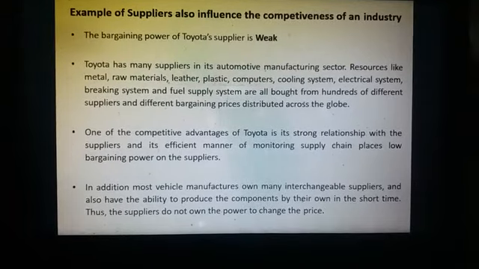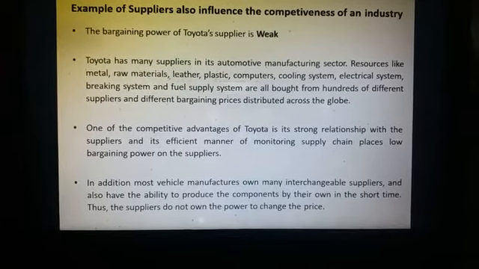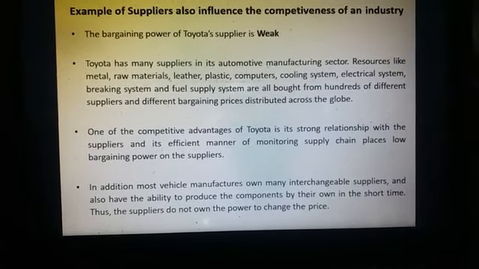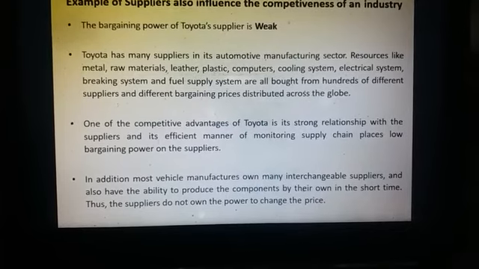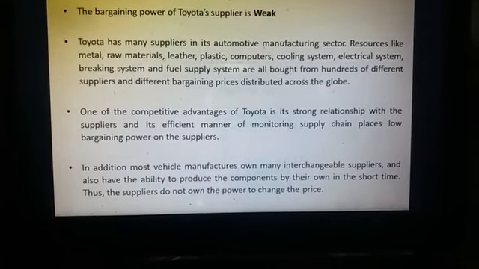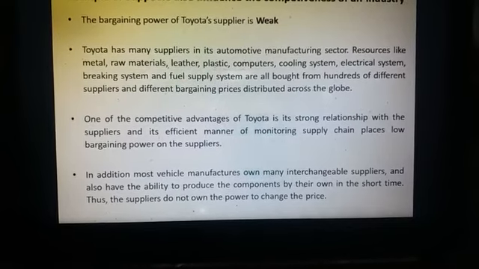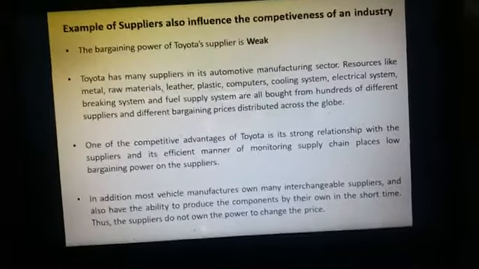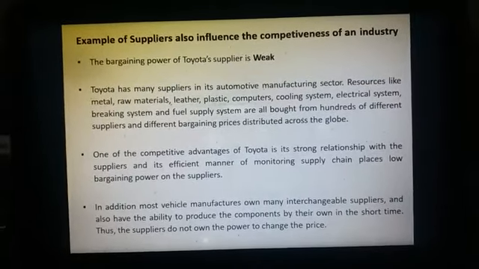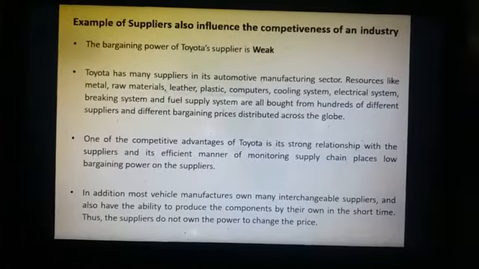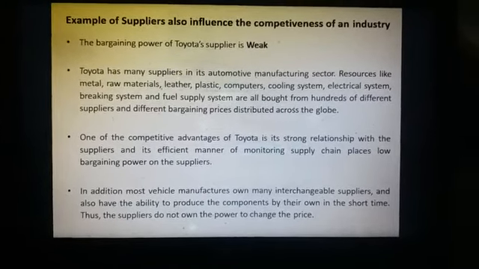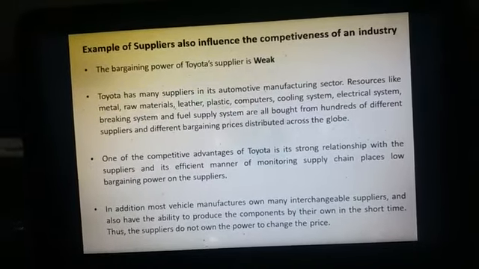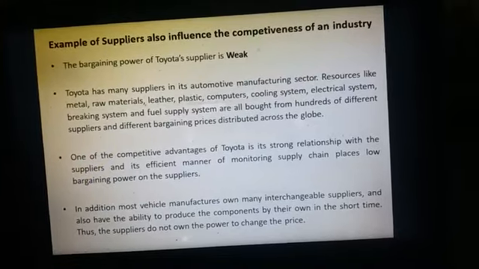Then the operations part comes. Operations is the one which converts your raw materials into finished goods. Once the finished goods are ready, they are packaged. They go to the packaging and the distribution phase. Once packaging and distribution labeling is done, goods are distributed to the respective customer, and then after sale service comes into the picture. What do you mean by after sale service? For example, you buy an AC. For the next 1 year, you get a free warranty and guarantee. That is, once the good is sold and the amount is collected, after that also for 1 year, you get a guarantee for the same product. This is known as supply chain.